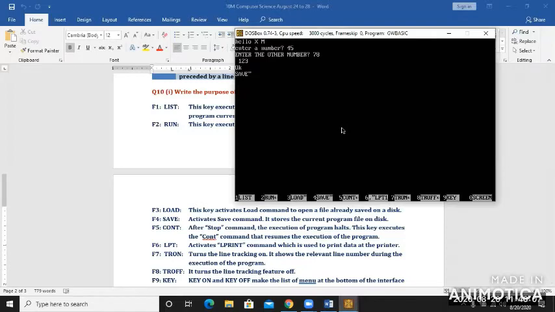After that, what we need to do is give a suitable name to the little program of 2, 3, 4 lines that I have written there. I'm going to write it as add program. I'm going to give it the file name add. After that you have to add an extension. The extension would be BAS. BAS stands for BASIC, okay? This file will be saved. If the OK command comes, it means that this file has been saved.